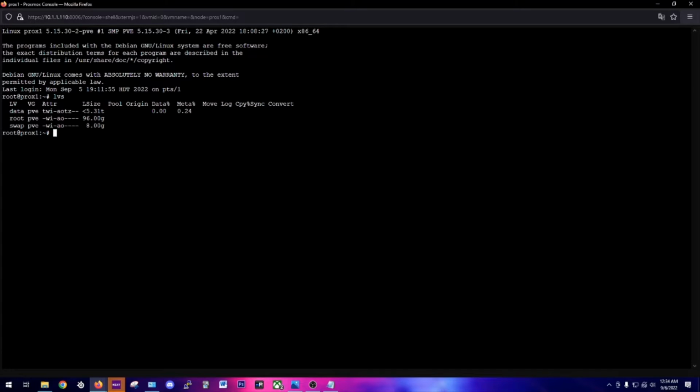If you do a logical volume show, you're going to see that this data logical volume is not mounted. This O right here means it's mounted. This will not be here. So to mount that,